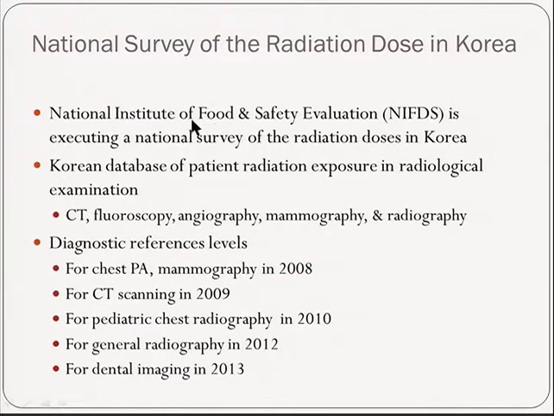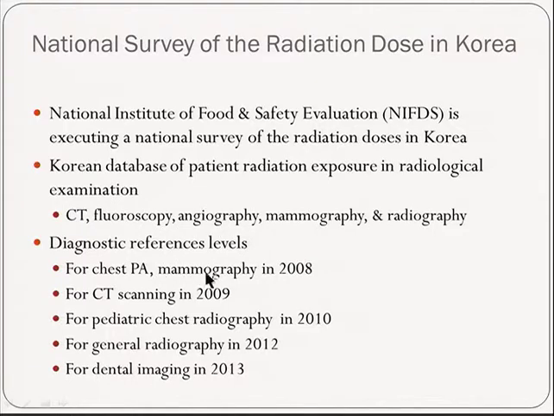Korean FDA's National Institute of Food and Safety Evaluation is executing a national survey of the radiation dose in Korea year by year. And a Korean database of patient radiation exposure in radiological examination, including CT, fluoroscopy, angiography, mammography, and general radiography, is established. And from this data, our own Korean diagnostic reference level is established